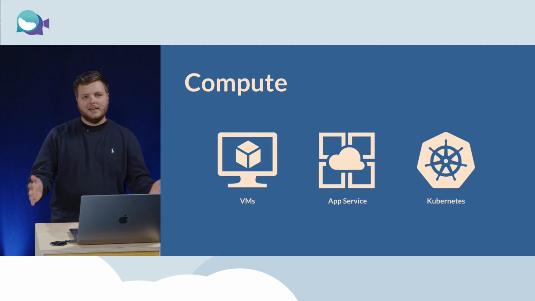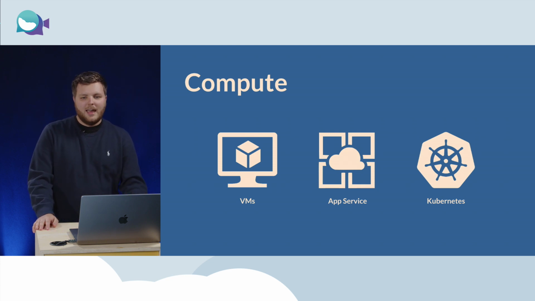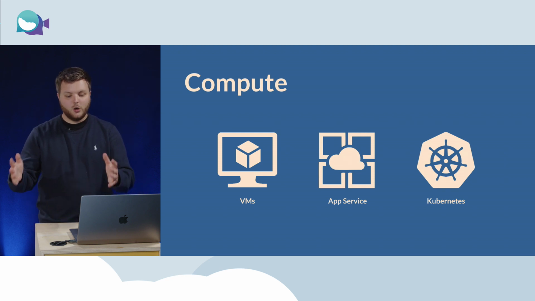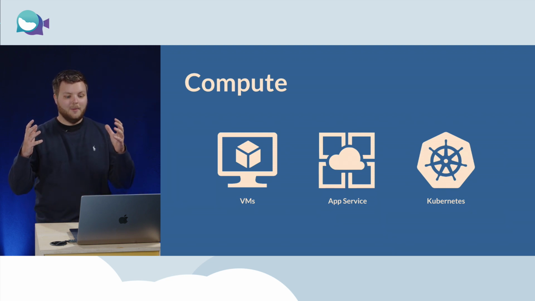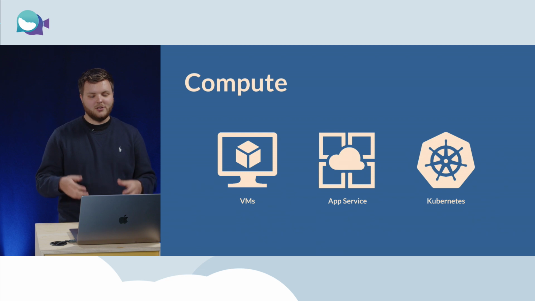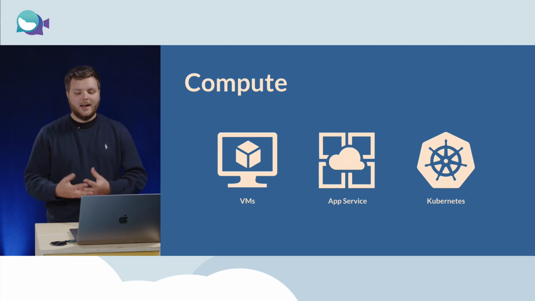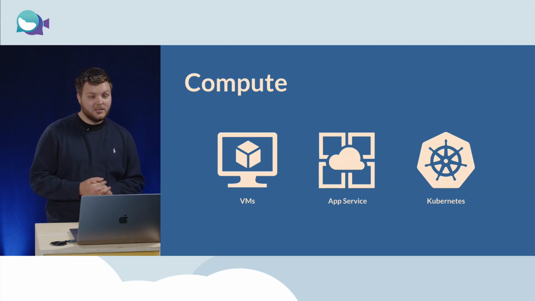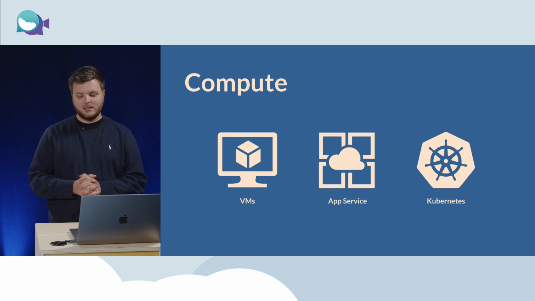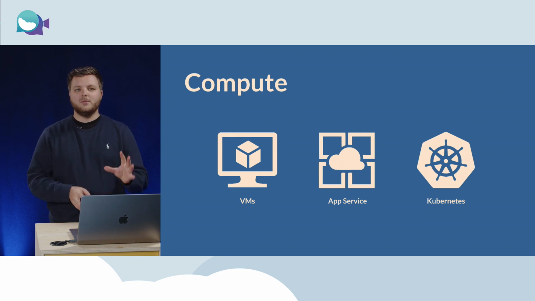And finally, Kubernetes. So Kubernetes is a container orchestration tool. And we're going to touch a little bit on what that means and how that works in practice in a second. But Kubernetes is a way of deploying multiple instances of an application running in containers across many, many virtual machines. And it will sort of manage that for you. Azure has a fantastic Kubernetes service that is great for managing Kubernetes clusters at scale. And they've got some other flavors of Kubernetes running in the cloud as well, which we're going to have a